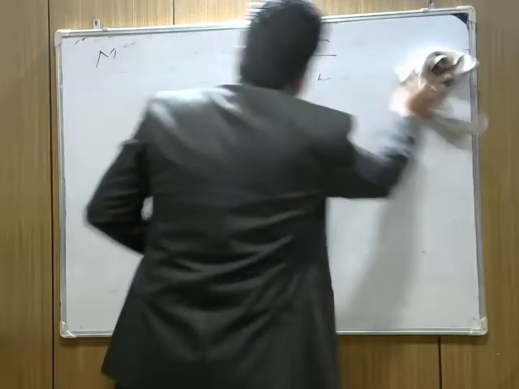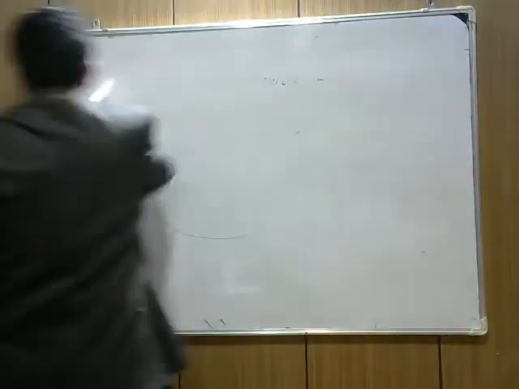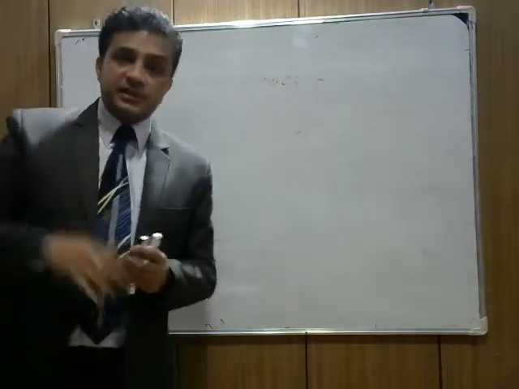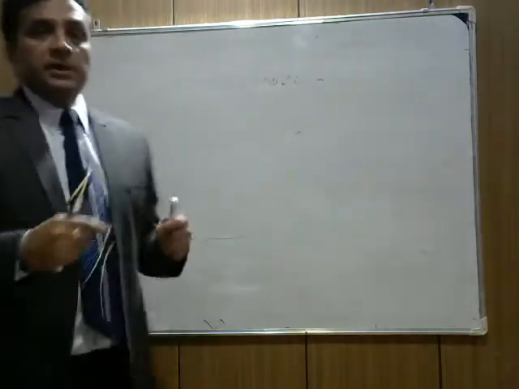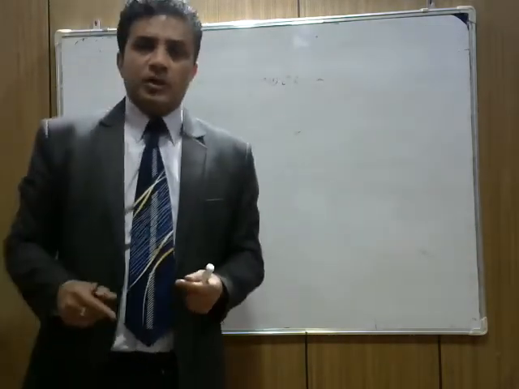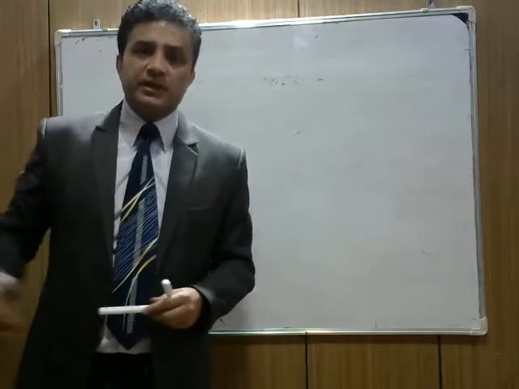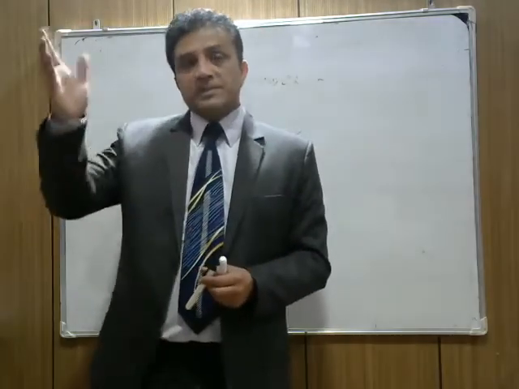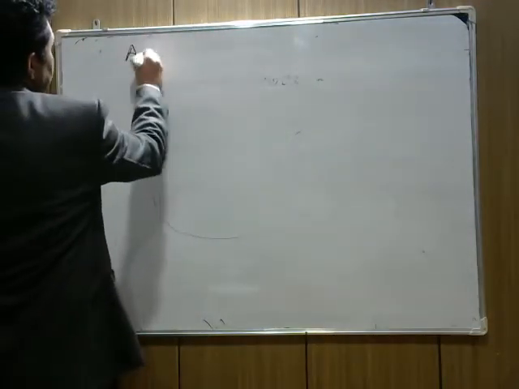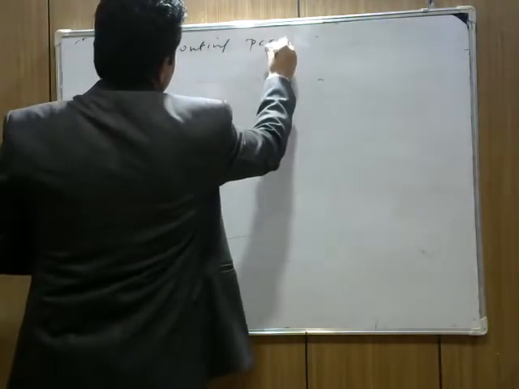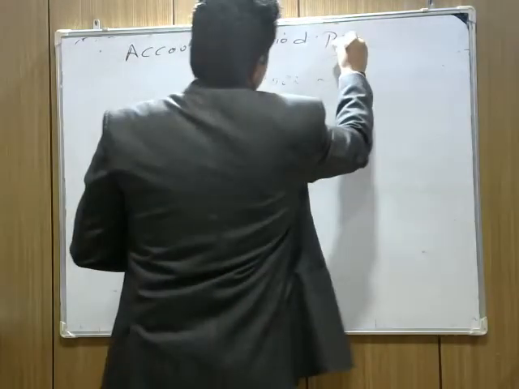You know that we already discussed this in accrual basis and also in the going concern assumption. The business is generally done for an indefinite period, for a longer period. Nobody wants to do business for 1 year, 2 years, or 2.5 years, 3 years. The business may have a plan to continue for an indefinite period. So what is this principle? Accounting period principle.